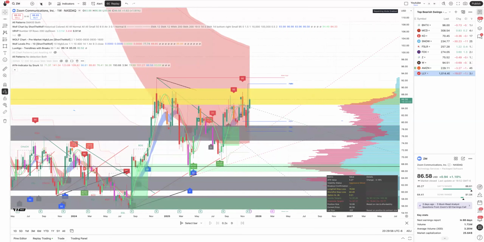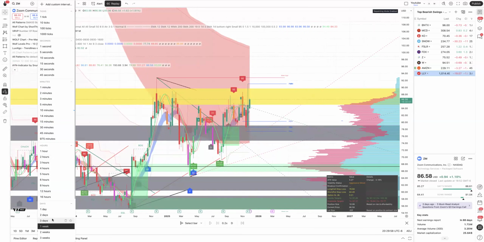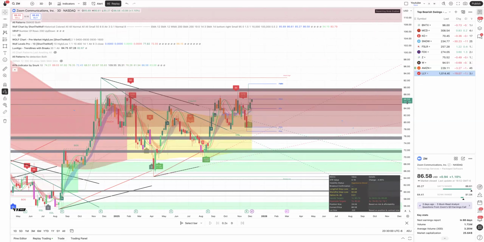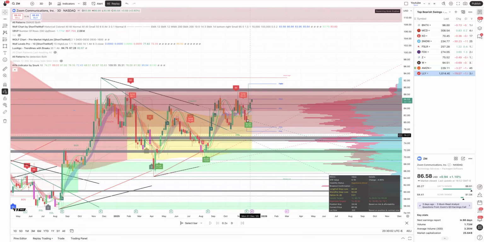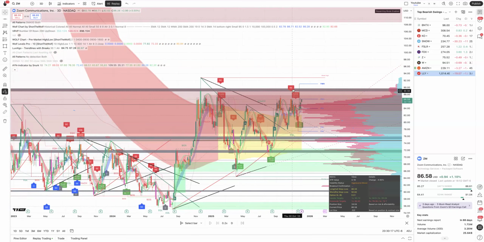So that's not a zone on a weekly chart. So on the 3-day, you got 3 days. So next week, really, what I'm saying? If you close a trade day above it, that's good. But to really get above this level, you want to see Zoom close a 3-day candle above this 89 to 75 range. That puts it back in a big range where you will want to go ahead and get your